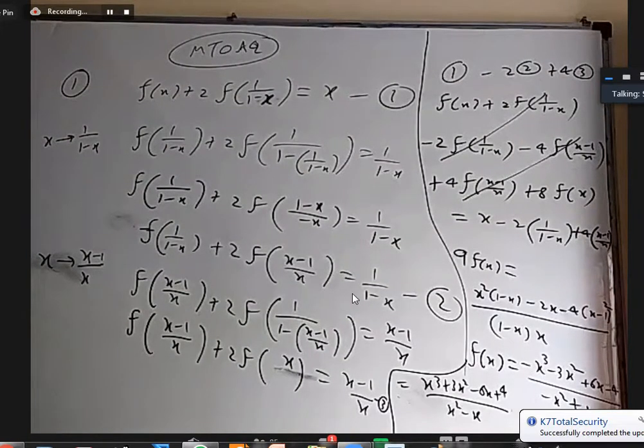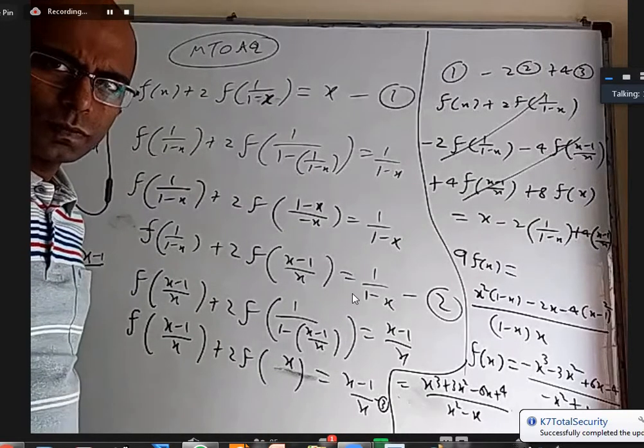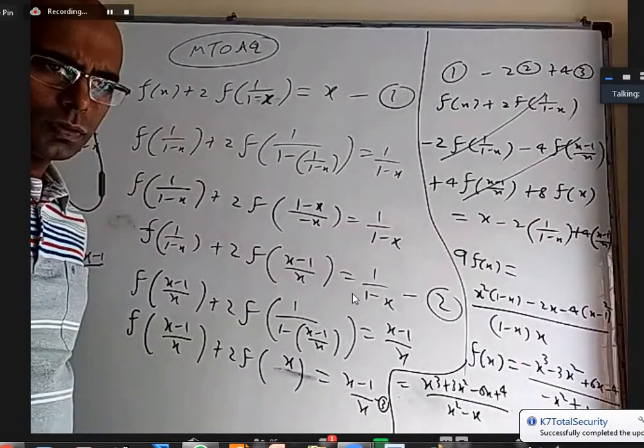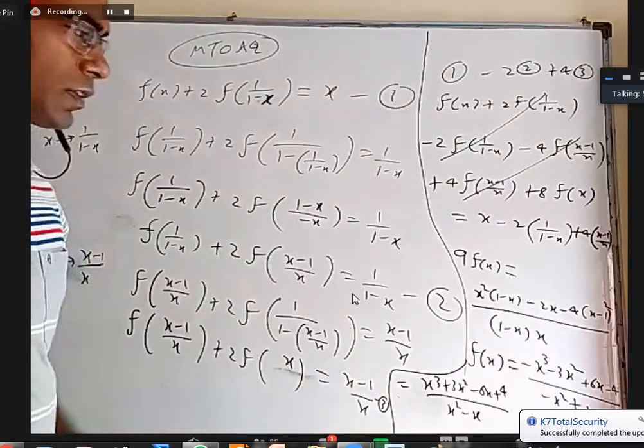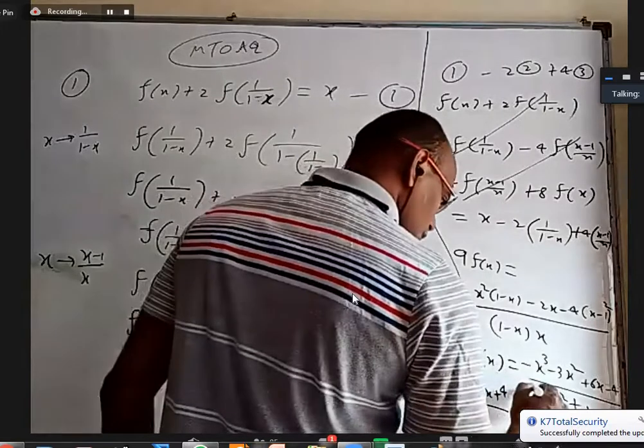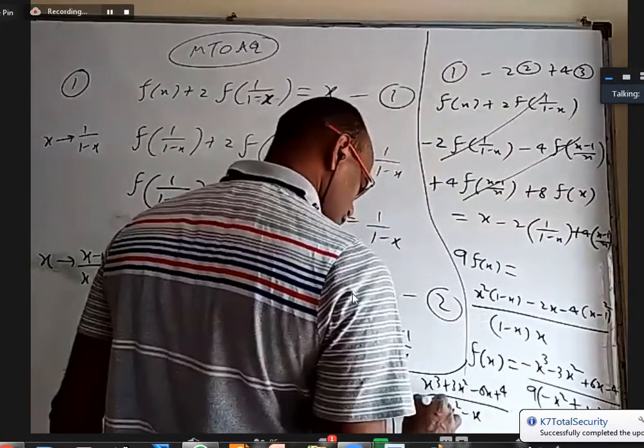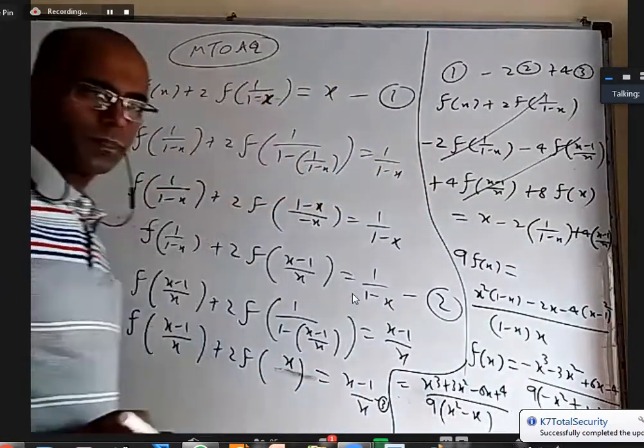We have not yet completed the options. We'll come to that. But is everybody clear about this? Yes, please. We got 9 f of x, no sir, you wrote f of x equals to. Oh, so I should divide it by 9 also. Thank you. So there's a 9 here and there is a 9 here. Yes.